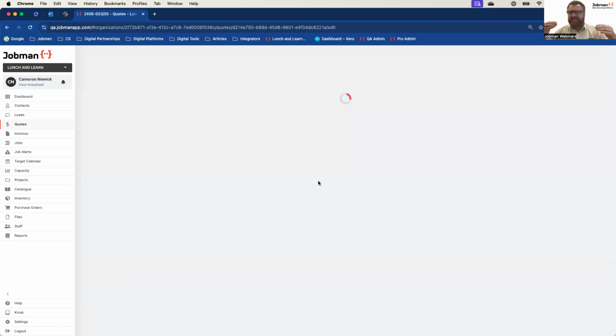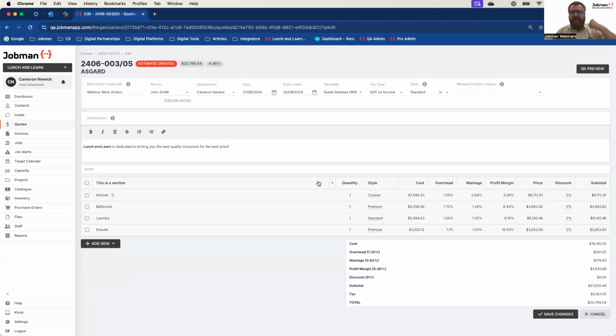But even at a base level, bringing Jobman in, taking advantage of our CRM and our lead management into our quoting, straight off the bat will start winning you more jobs, which is going to put more money in your pocket. That's not only a phenomenal return on investment for the software, but it's going to massively improve your processes going forward. And most importantly, all this information is transparent.